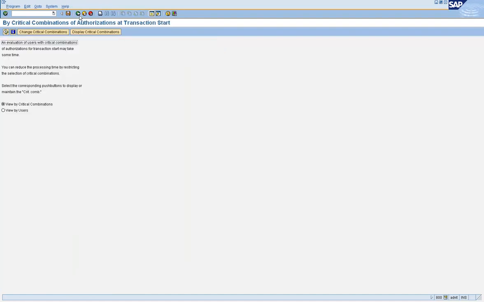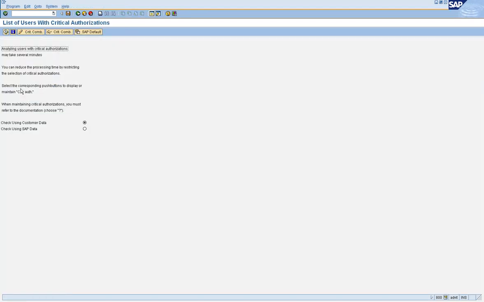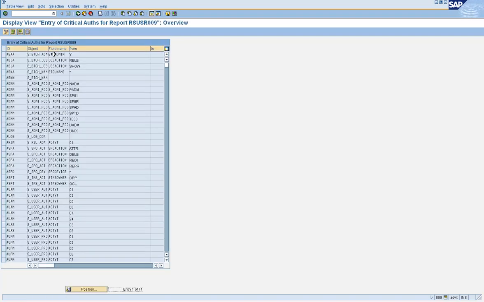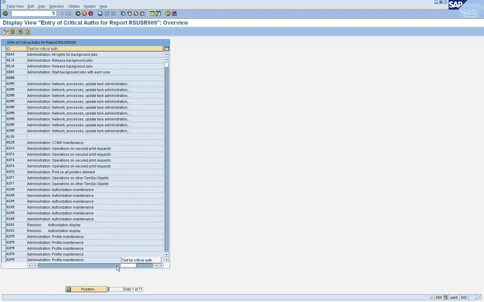So SAP gives you the option for maintaining the critical combination of authorizations at object level. So you give the objects here, like S_TCODE equal to SU01, and you have the AND and OR options here. If you scroll to the left, you have AND and OR.